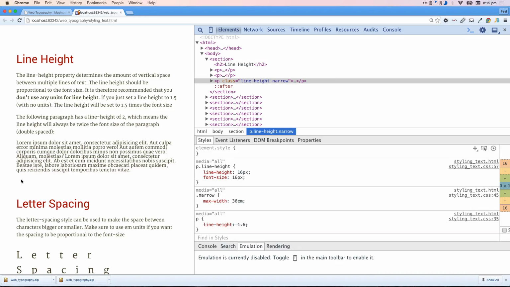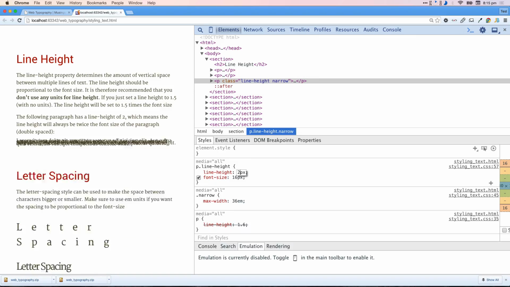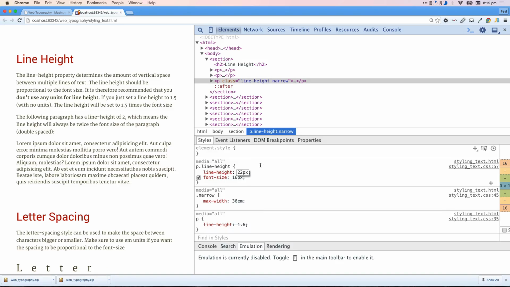Okay, so to me that's too condensed. I'm going to bump this up a little bit. Let's make the line height, say, 22 pixels. That looks okay. Now again, because line height is a style that's related to text, if you use absolute